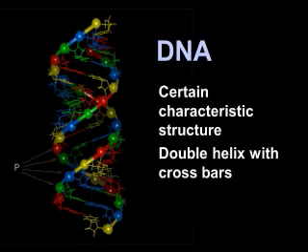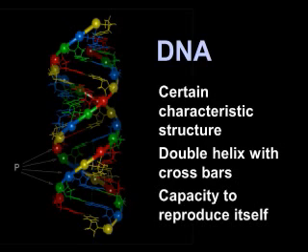Can you see that there's a strand wrapped around, and then here's a separate strand wrapped around, and they're twining around each other? And then they also have crossbars across here like this to connect those two strands together. Because of that structure, the DNA has the capacity to reproduce itself. Like the dumb blonde. Sorry. And my job for the next few minutes is to explain to you the chemistry behind DNA. I hope you've already heard most of this. Because this was well known in the 50s and 60s when I was in high school and in college. So what I'm talking to you right now is dated information.